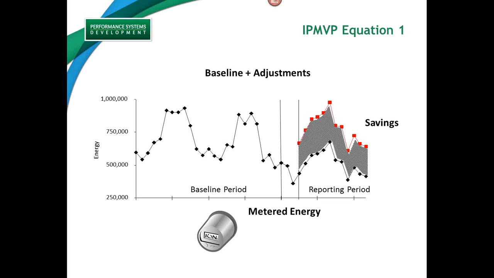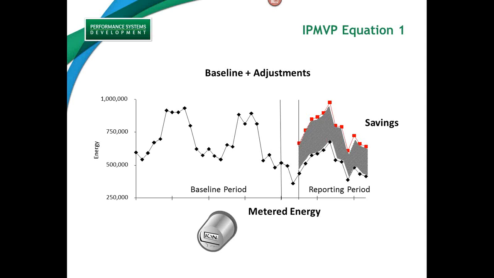What's important on this slide is that you'll see an area shaded. And the area shaded represents savings during the reporting period or savings during the post-retrofit period. And the savings is really reflective of the area between the red trend, which is essentially the baseline period forecasted forward, and the reporting period, which is measured data. So this is a graphical representation of IPMVP Equation 1, where savings equals the baseline, adjusted baseline, minus the reporting period. And there's one little step in there that we'll see if you look toward the top, baseline plus adjustments.